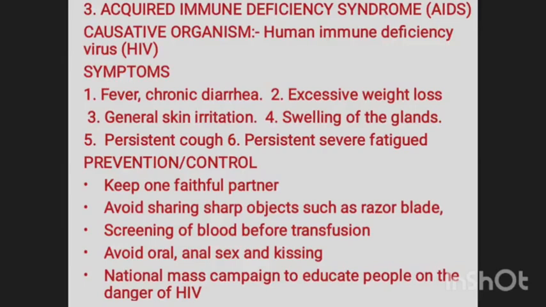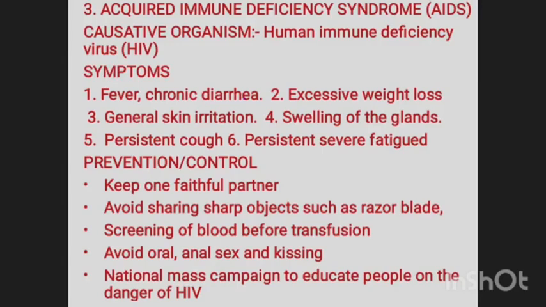AIDS is the sickness or the disease. But what causes the AIDS? The organism that causes the AIDS is called human immunodeficiency virus, which is the HIV. Let's look at the symptoms of an HIV patient. One of the symptoms is there will be